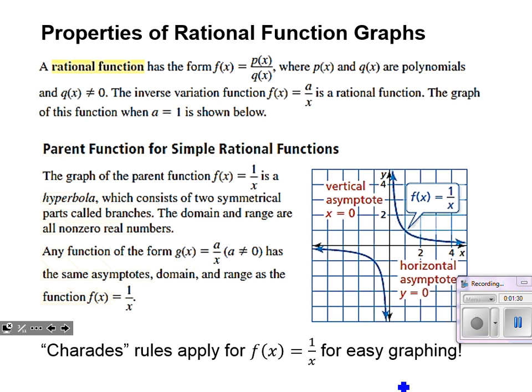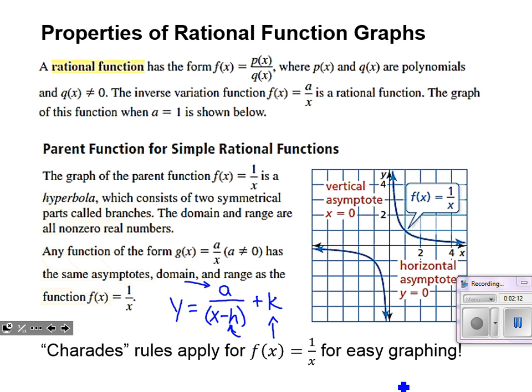So what we're going to do is jot down the parent function itself in a way that shows us where that a value, h value, k value that we're familiar with from charades, where that stuff applies. So we're going to say y equals a over x minus h, and then plus k outside the fraction. Just like before, the a value shows up in the numerator, but it's still a number that's multiplied into our fraction. That's going to show us vertical stretches and shrinks, and even a vertical flip if it's negative. The h is going to show us any shifting left or right, and the k value is going to show us any shifting up or down.